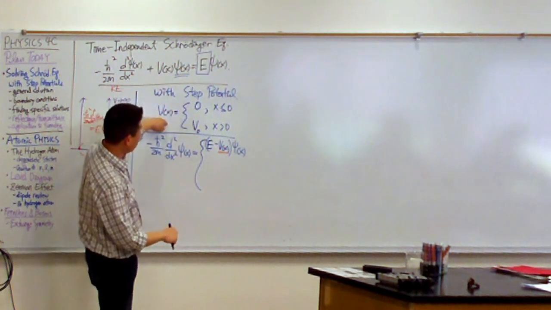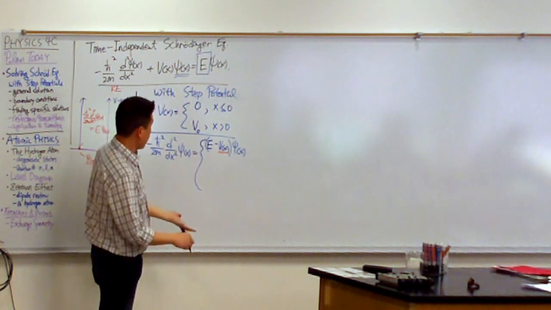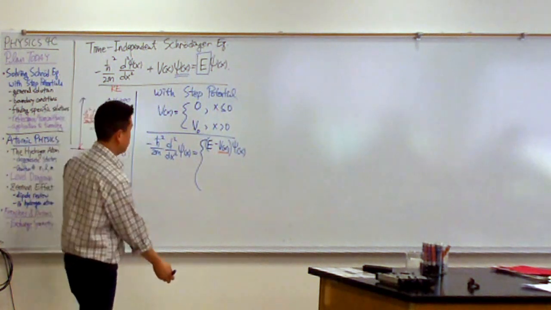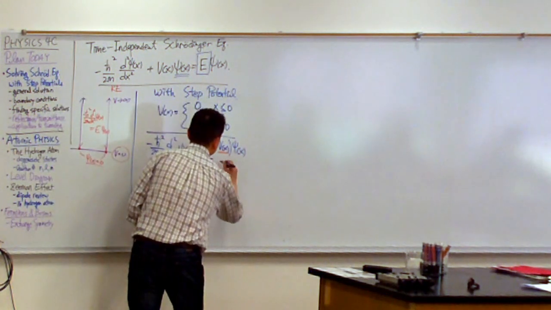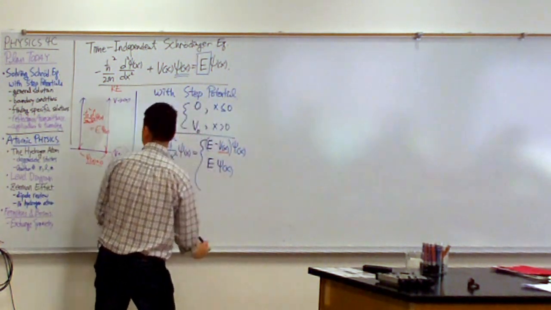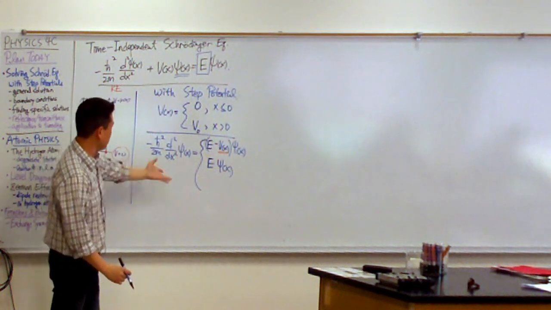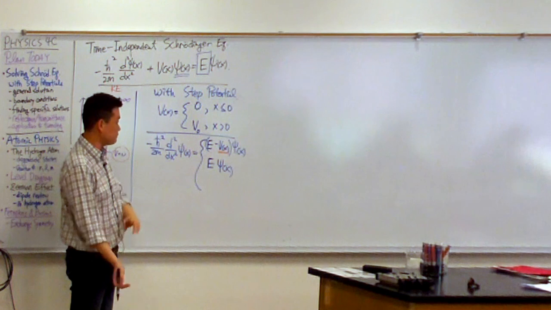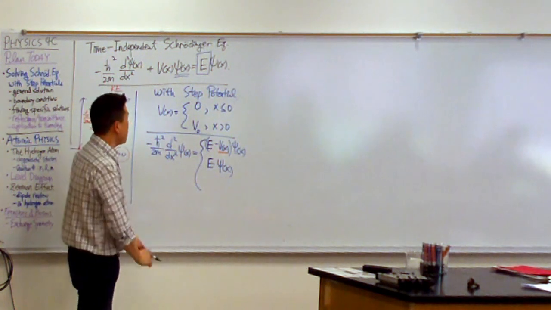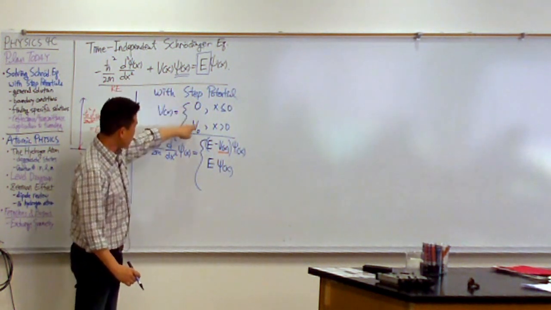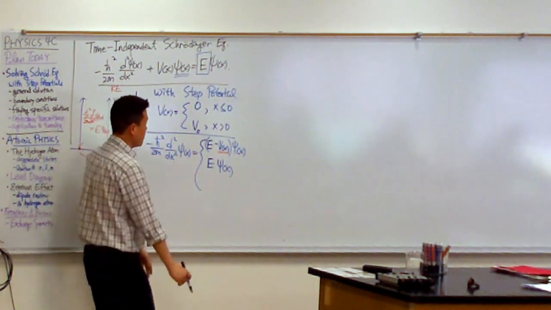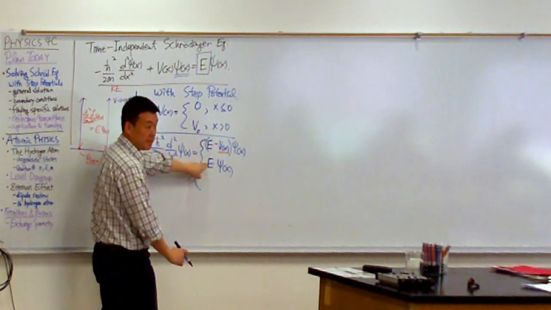Now, if my potential is 0, then that's a situation we have already solved before. It's simply E psi of x, and we've done that before. We know how to do it. You get an oscillatory solution, and you're almost done. Even in the second case, it's still doable,